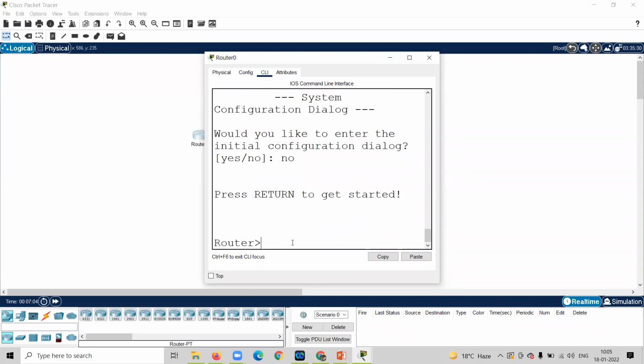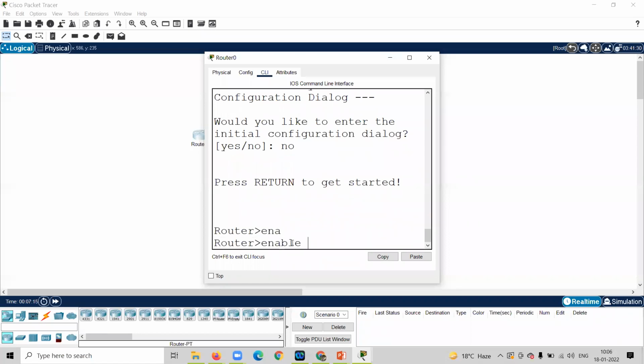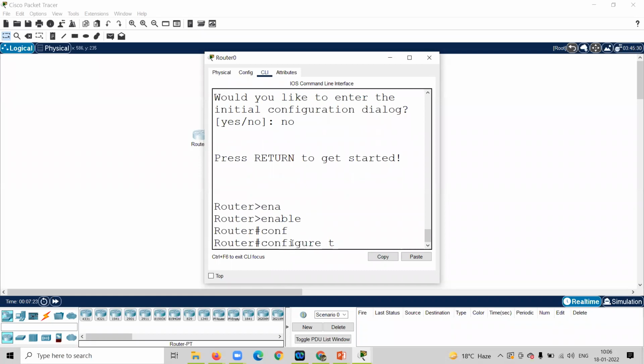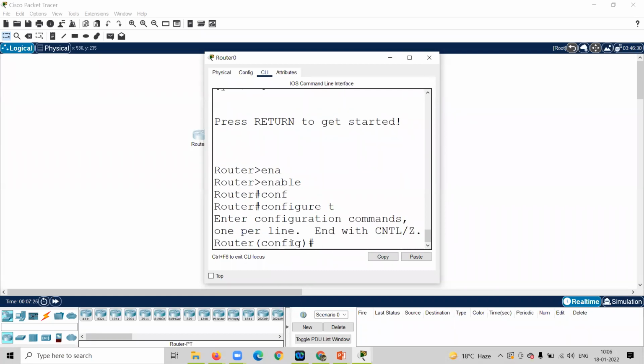For example, right now, just by connecting with the router, I can directly access the router, right? You can see that I have just opened the router and I am right now working in the router. I write the command so I can access all the user mode. So I am also able to write the config terminal. That means I can access the privilege mode, and I can also access the config mode.